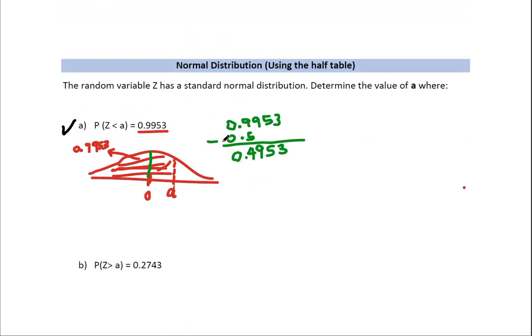And that's the answer. 2.60. So the probability that corresponds to 0.4953 is 2.60. So A is equal to 2.60. That's the value that we're looking for here, 2.60. So A, the probability that Z is less than 2.60 would be equal to